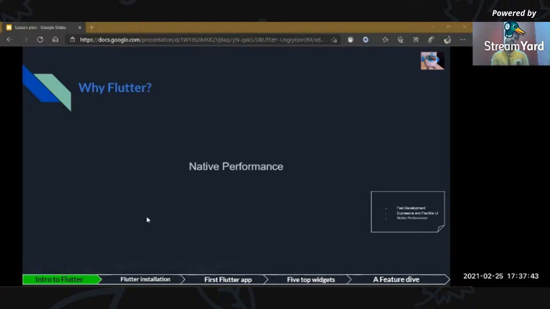So what does that mean? From a single code base, you will be able to deploy your application on any platform like Android, iOS, web, or desktop.